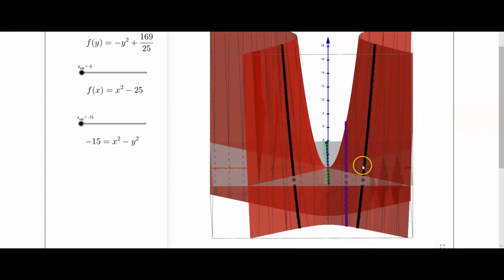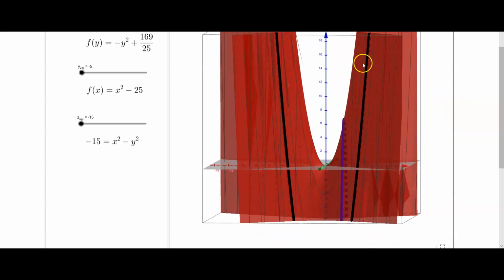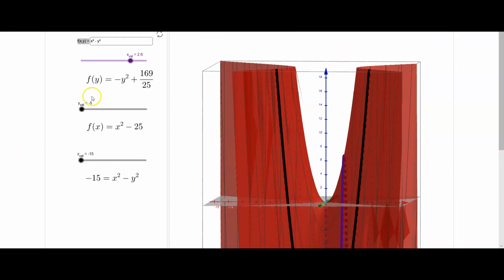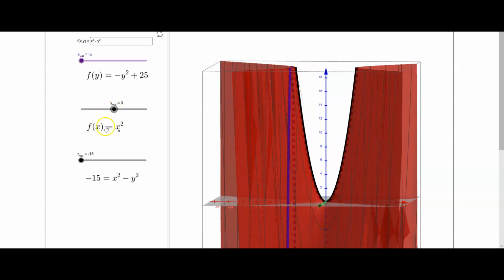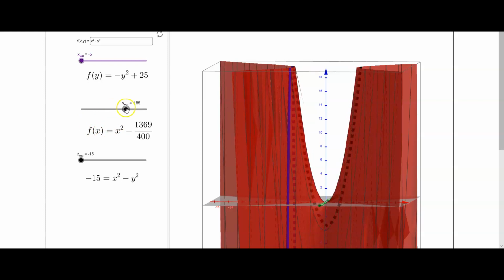You can see that in one direction, when I look at it there, I see parabolas. This is when I'm holding the value of y constant. You can see that we just get parabolas that are shifted lower. There's when y is equal to 0, we just get the graph of z equals x squared. But if x becomes positive, that parabola gets shifted down because it's a minus sign. And if we make x negative or y negative, then we still get a minus sign there because we're squaring